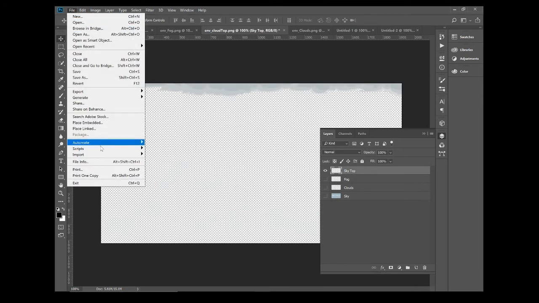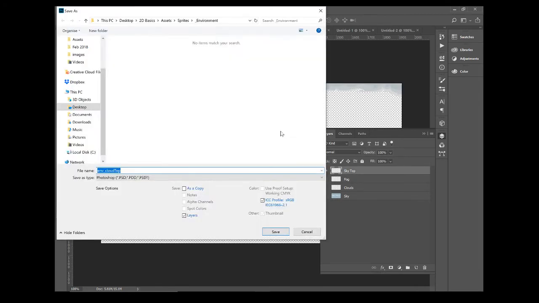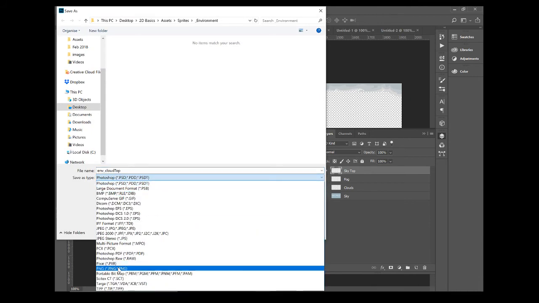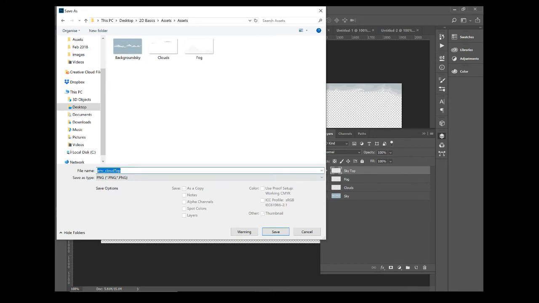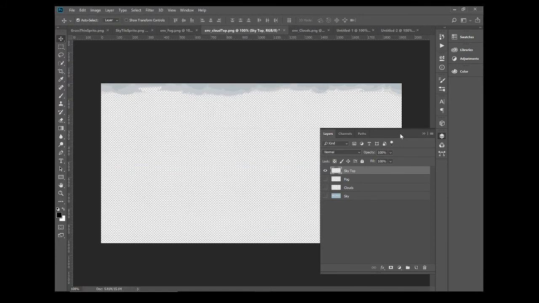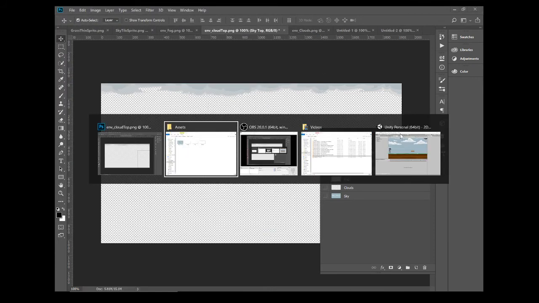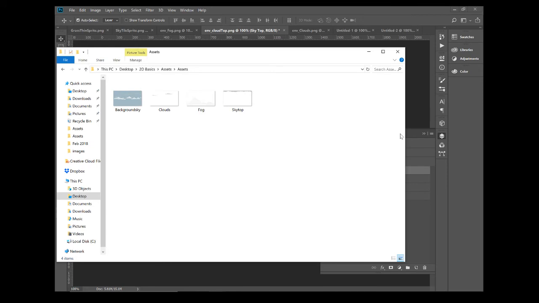So file. Save as. PNG. Sky top. Hit save. Okay, so in our folder then we've got our 4 layers, and can you see that